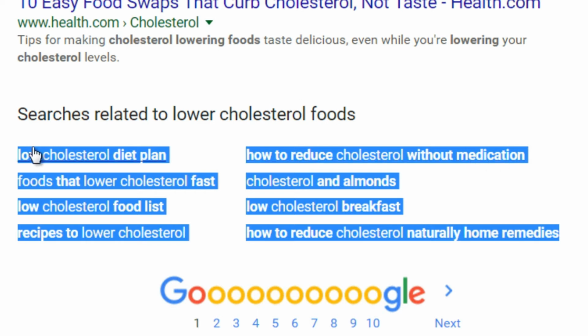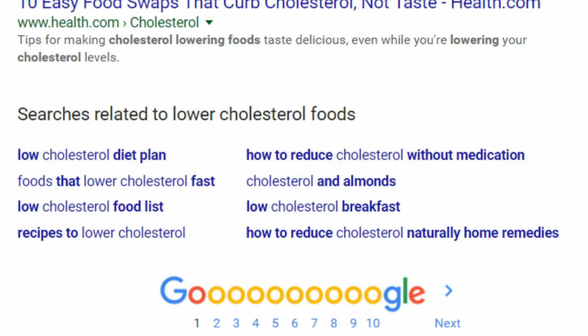Can I get an idea of the type of person that is searching? Just from this list, we can see the person searching is more likely to want to reduce their cholesterol with natural home remedies, with supplements, with dieting, and everything naturally.